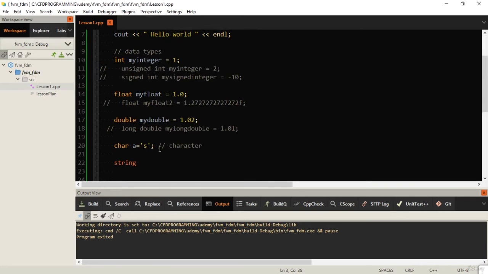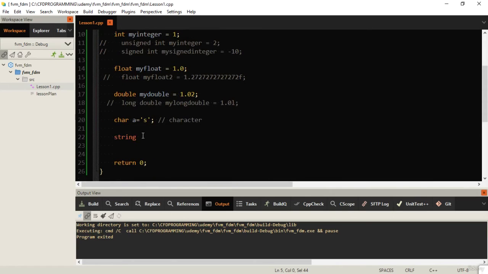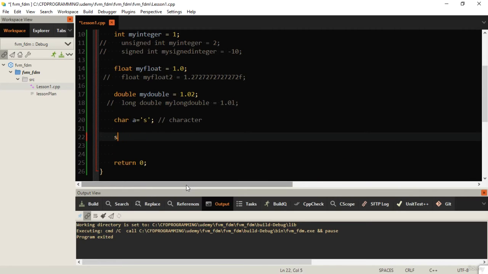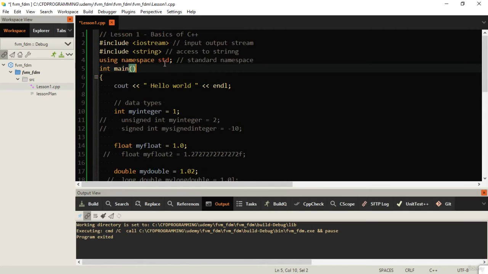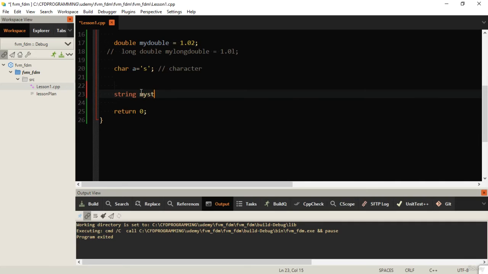Also, you should note that without this using namespace std, we cannot access string like this. We probably have to write std and then string, right? But because I have included the namespace std, I can just access it by writing string. My string is equal to... so string is a collection of characters, and can even be numbers or integers, whatever you may have, even words. So this is an apple, this is still a string,